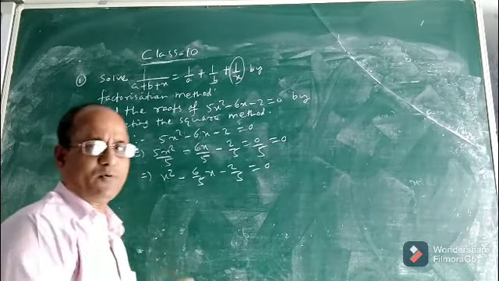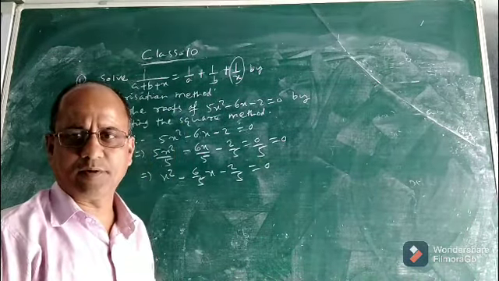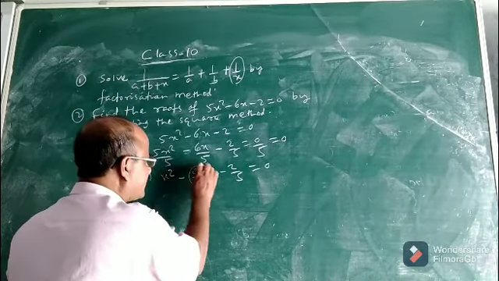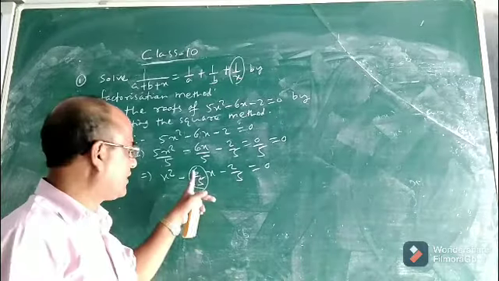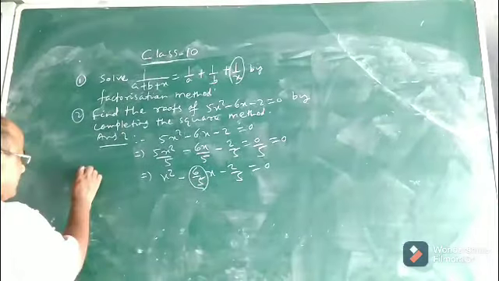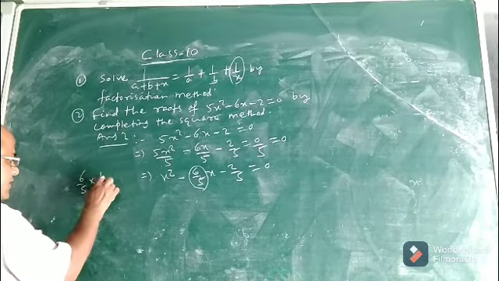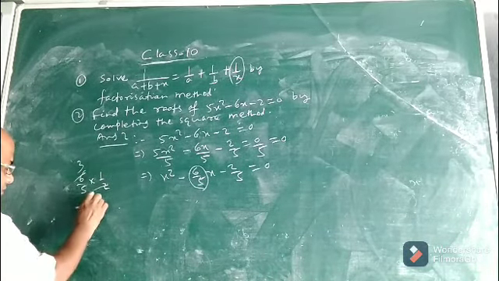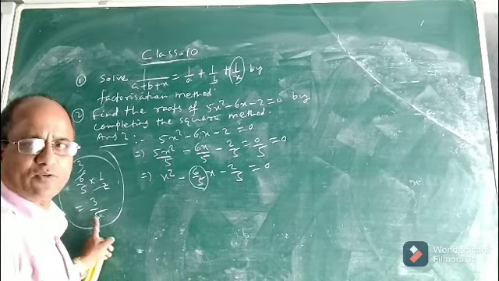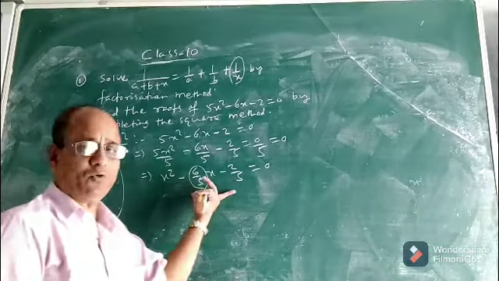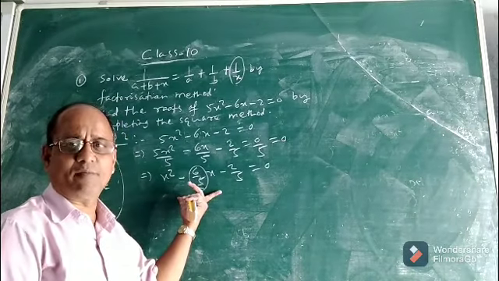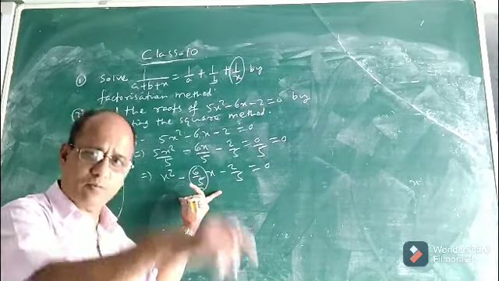Okay. After this step, what was the method I had told in the previous class in completion of square? I had said that you take, what is the coefficient of x? It is 6 by 5. See. Now whatever is the coefficient of x, you multiply it by 1 by 2. That means 6 by 5 into 1 by 2. See. It will be 3 by 5. Now the square of this 3 by 5, we have to add to the left hand side and to the right hand side, so that the left hand side will become a perfect square. That means the square will be completed.